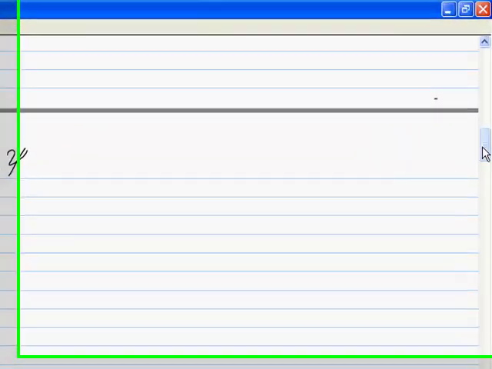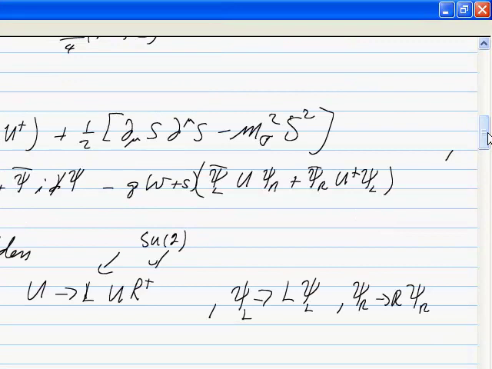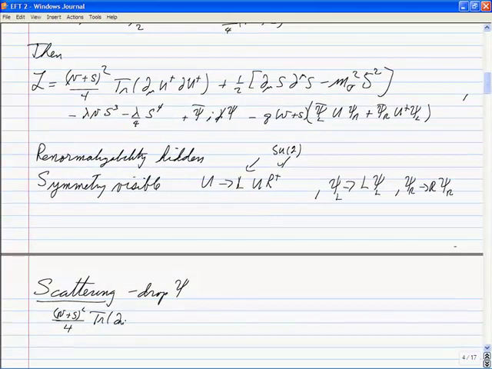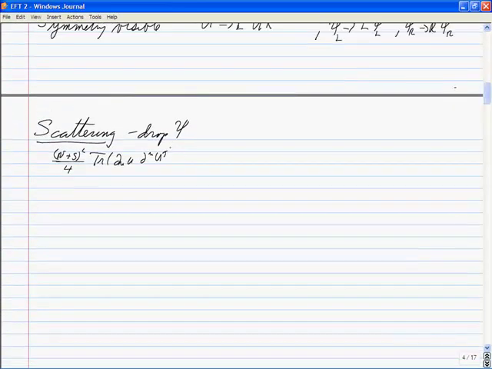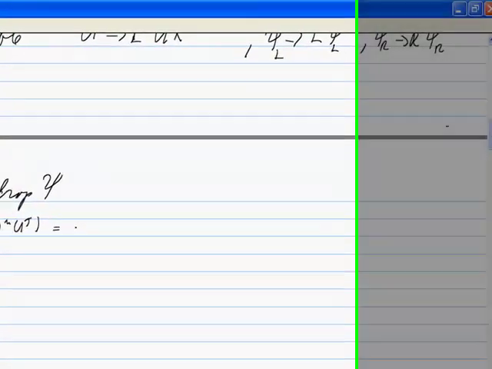The pions then only live in that first term. Okay, so if you drop the fermions to just that first term, we have trace d mu U d mu U dagger, which is, well, it starts off like